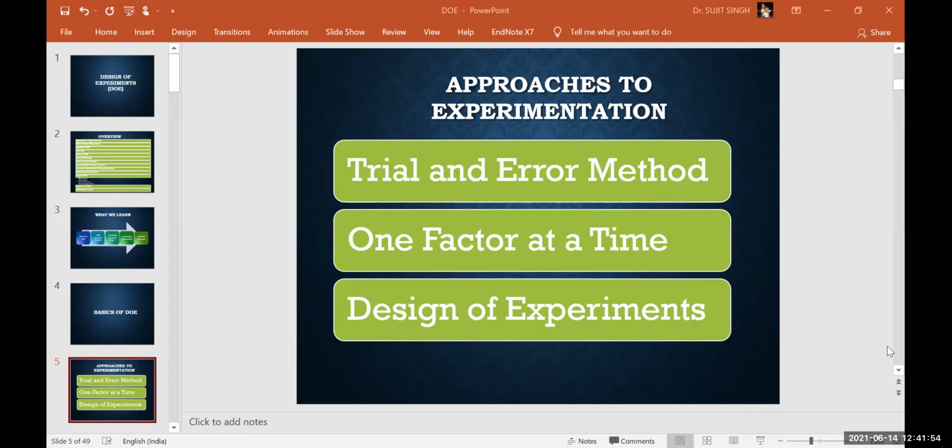That may be anything, whatever output you are interested in, right? That may depend upon the input factors like speed, feed rate,